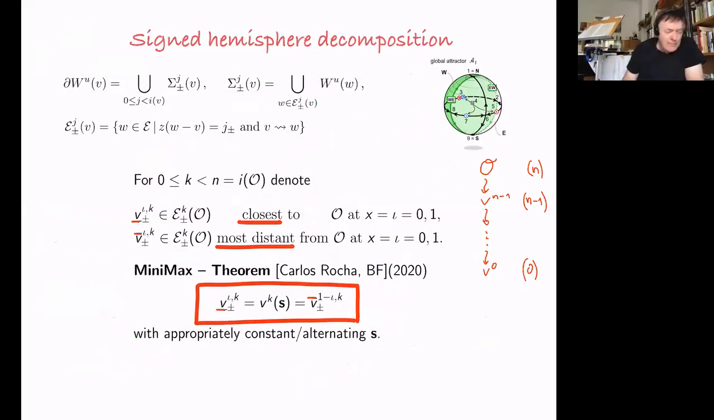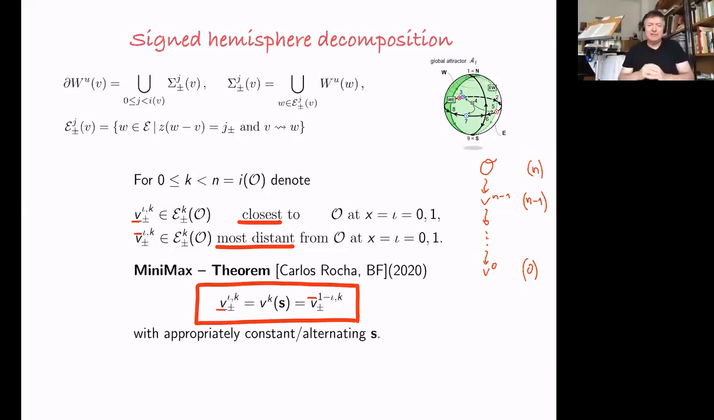And perhaps I should mention at least that there is also another characterization, because there's a Minimax theorem behind here. In this Minimax theorem, you take among all equilibria which you connect to from O, and which have a given number k of intersections and are in the upper or lower hemisphere, you take the equilibrium closest to O or most distant at the boundary y equals 0 and y equals 1. And then these extremal elements,